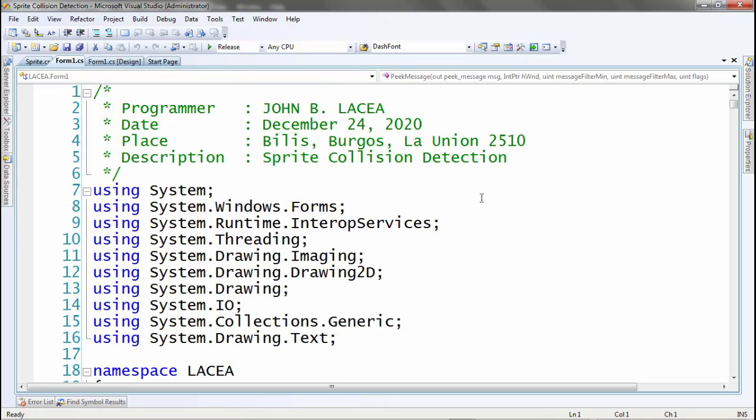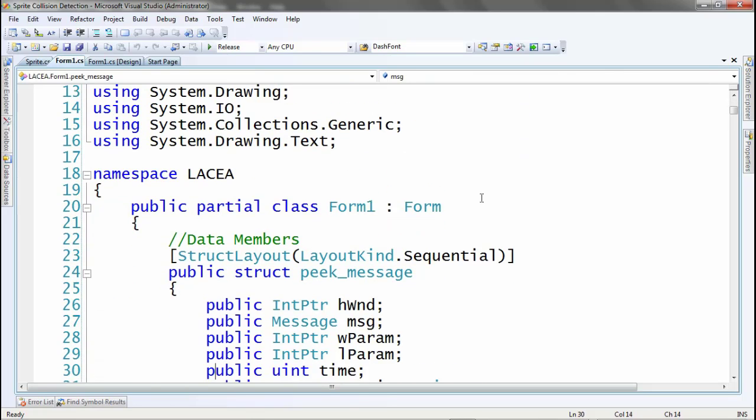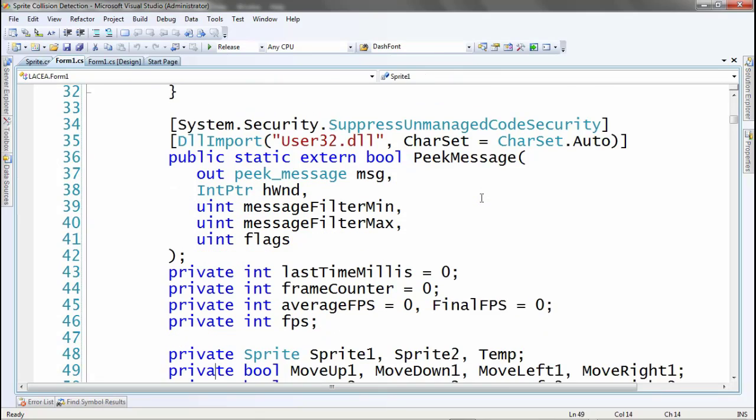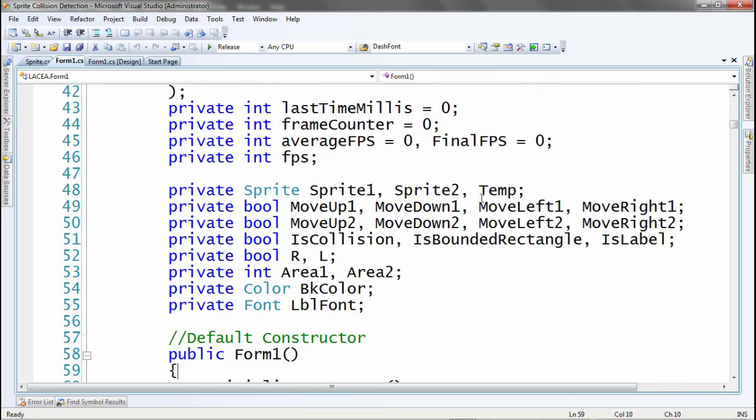Next, the class form1 is the stage where I instantiated the two sprites for collision detection. It accepts inputs from the user and loads and displays the sprites.